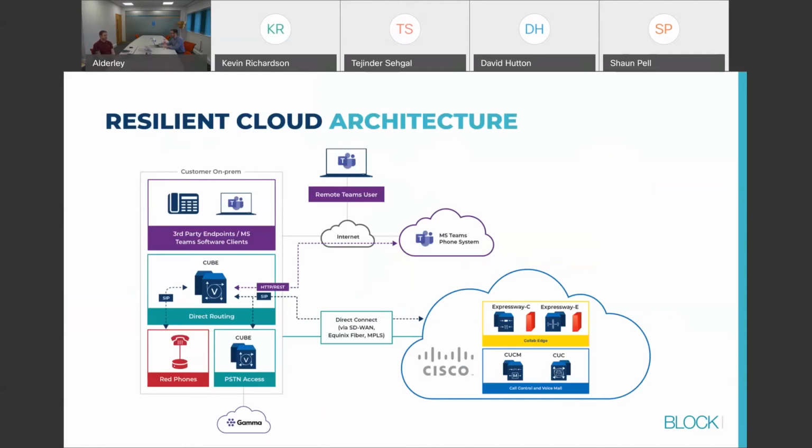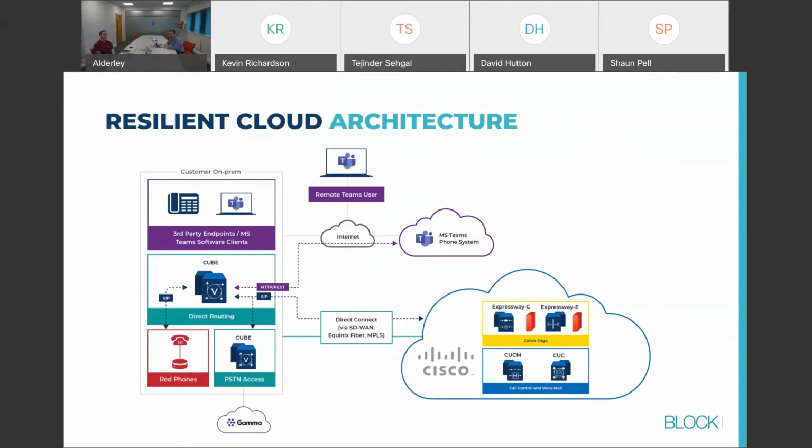So this is a very, very high-level architecture of, I guess, what the potential of future collaboration services would look like. So being able to use Flex licenses across the estate, being able to provide services within a cloud-based collaboration model, still being able to leverage all the services that you have from an on-premise call manager, but having that availability and scalability of a Cisco UCM Cloud, having a small footprint of hardware on premises to provide that resilience that's required, and providing the, I guess, PSTN access within that local environment.